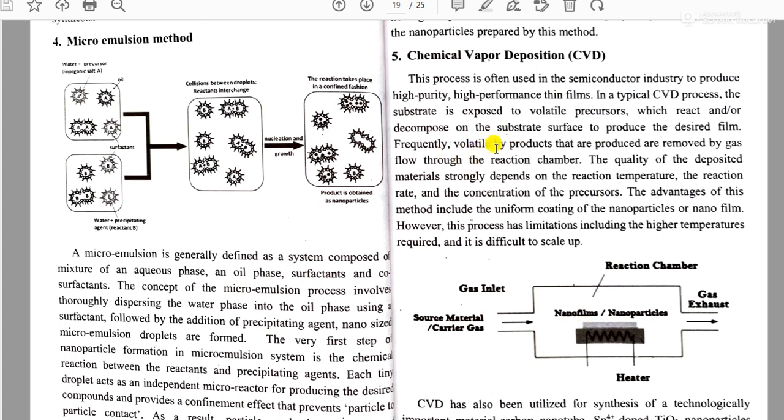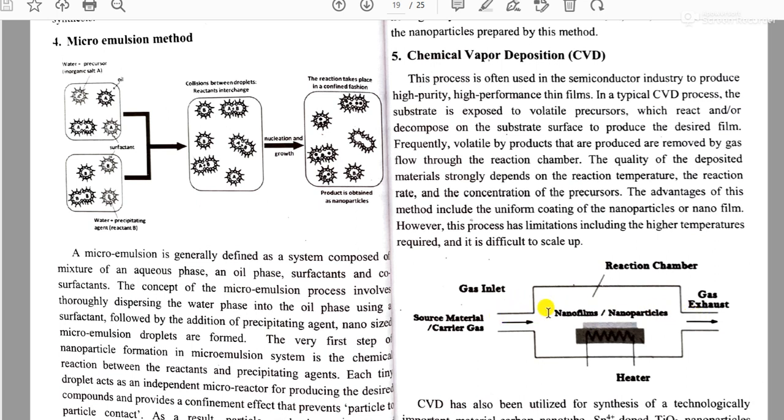Frequently, volatile byproducts that are produced are removed by gas flow through the reaction chamber. So during this reaction some byproducts are also formed. Okay, some volatile byproducts are formed, but these are removed through the